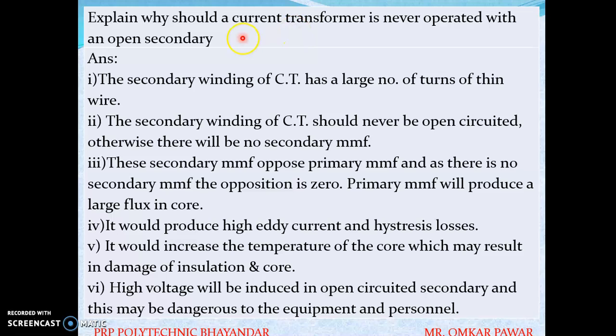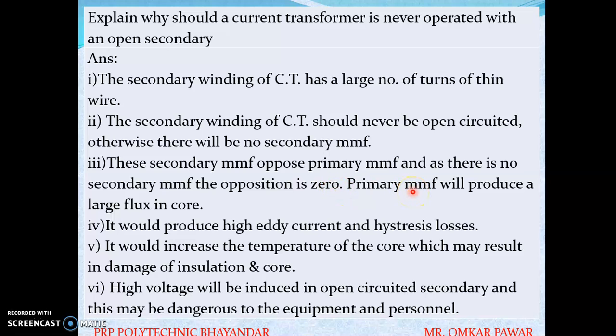Explain why a current transformer should never be operated with open secondary. Because the secondary winding of CT has a large number of turns of thin wire, the secondary winding of CT should never be open circuited. Otherwise, there will be no secondary MMF. The secondary MMF opposes the primary MMF, and as there is no secondary MMF, the opposition is zero.